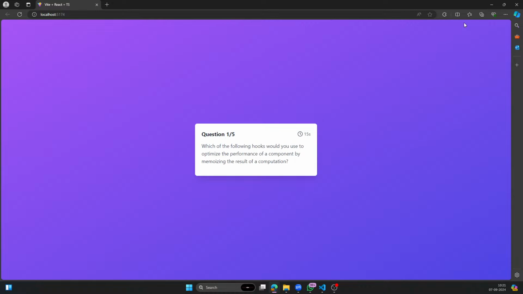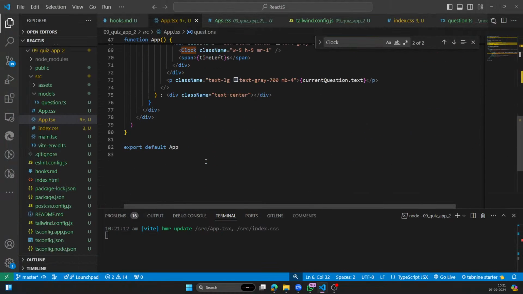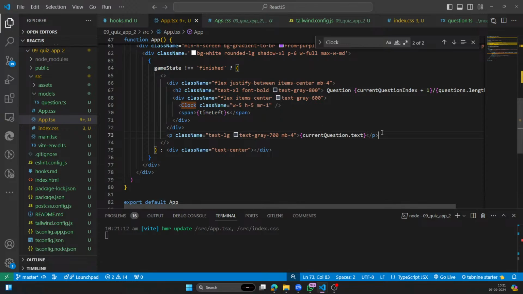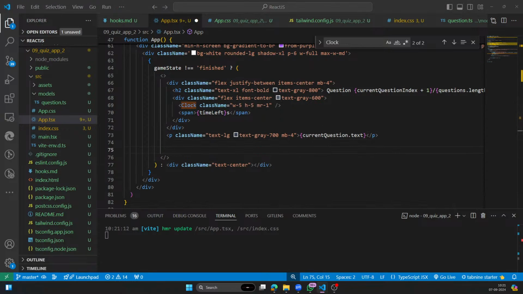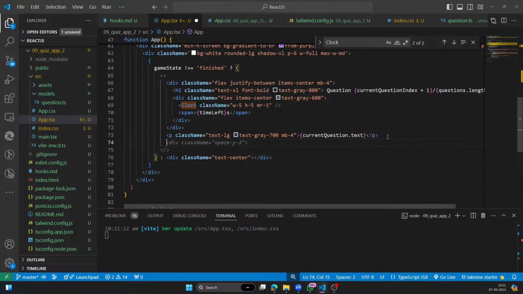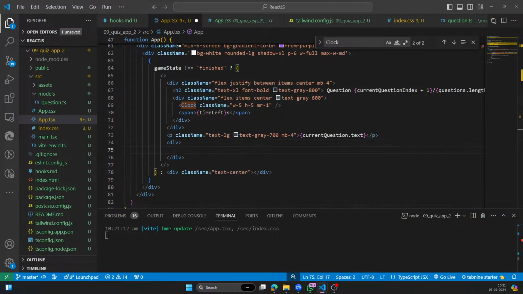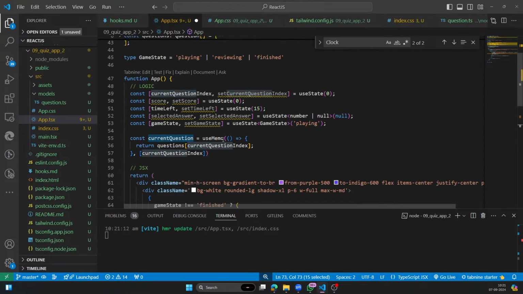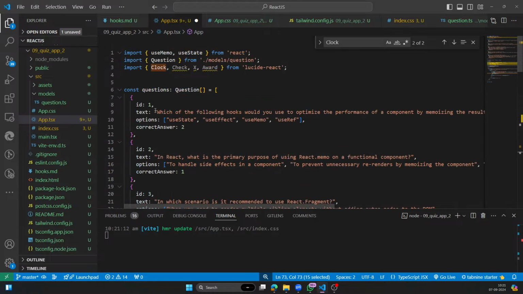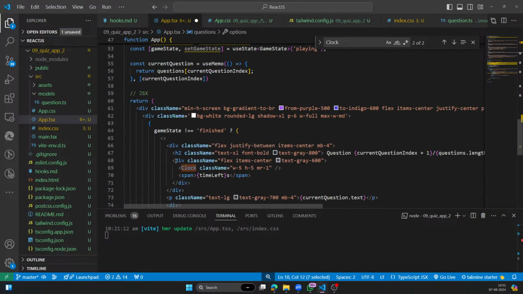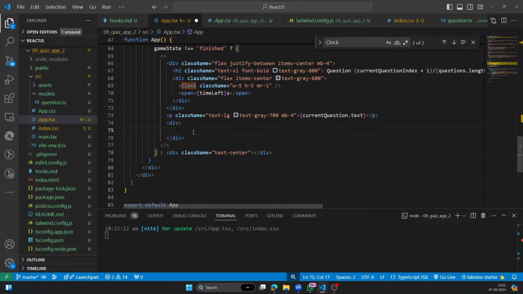right? Now below it we'll show the 4 options. So our question is coming. Below this one, to show the options, we'll make one more div tag, and inside it we'll show all the options. To render the options, very simple guys, we need to run a loop. Okay, and this current question has options also. These are the options. On this I need to run a loop,